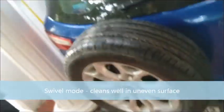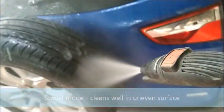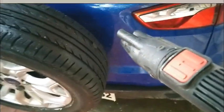This swivel is mostly used when you have more dirt. Say like you can see this on the tire, and once you use it, now you can see this is clean. And the last one is the spray mode. You can see, and it works in this way. Say like you have to flush out a few things,